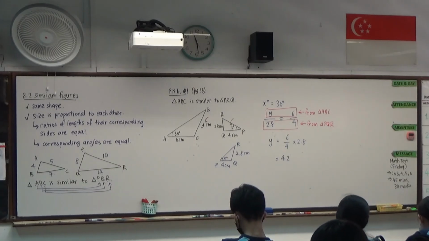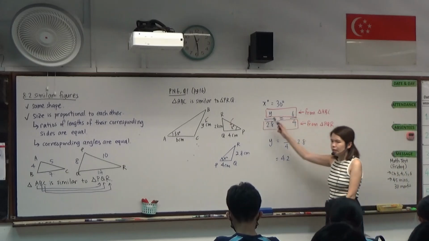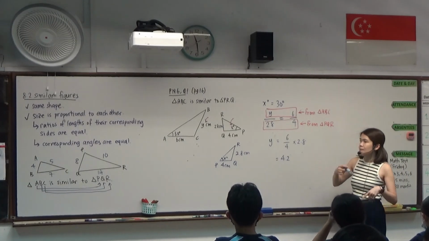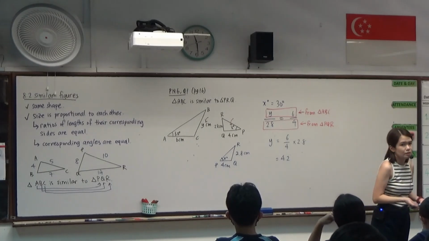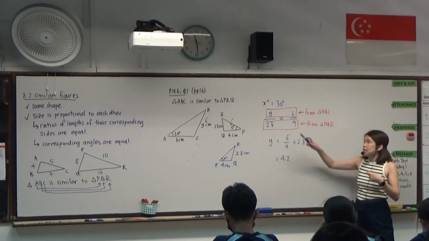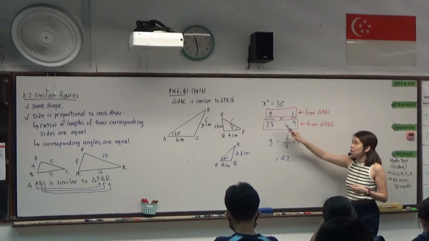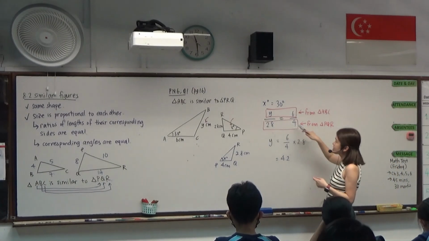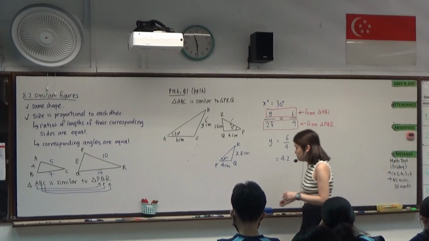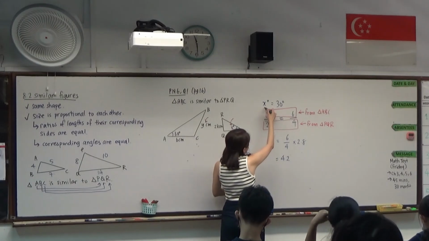The challenge that Joan faced just now, trying to determine times what value, is because she didn't write it all down. So I would recommend that you write things down properly rather than trying to figure it out mentally. Because you don't want to end up giving me times 2 over 3 instead of actually 3 over 2, because 6 over 4 is 3 over 2. So form the equation relating the ratios of the corresponding sides, then after that go about calculating. So within that ratio itself, within that fraction,